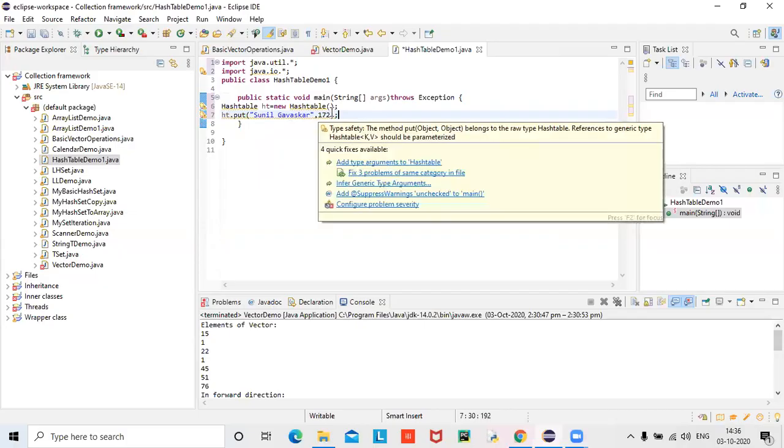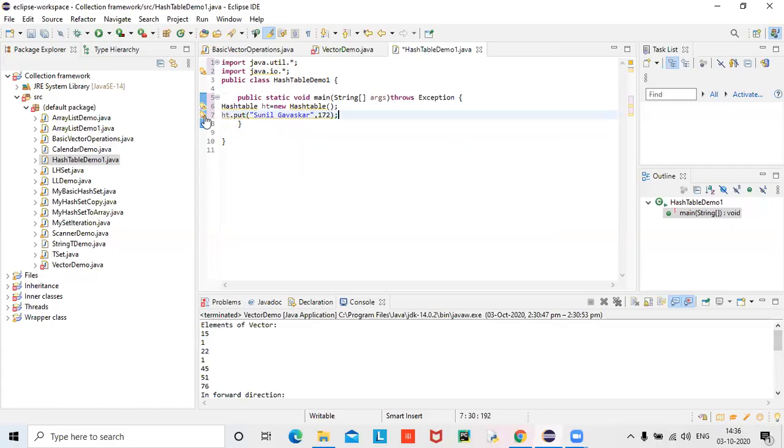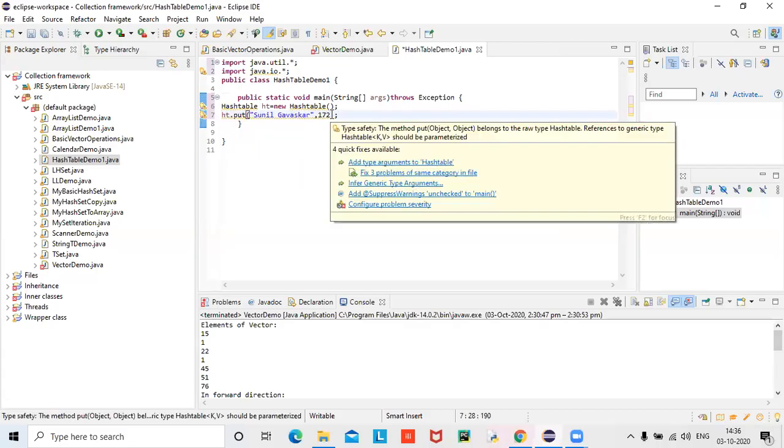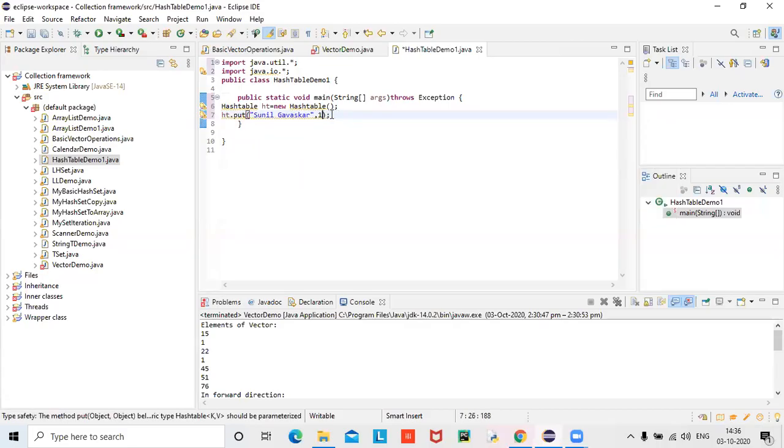Type safety: the method put belongs to the raw type Hashtable. References to generic type Hashtable, key value should be parameterized. It is accepting 172 directly, but it should not, because 172 is an integer. That is okay, but later on it will show a mistake, I guess. Because in the past I tried, it did not work.